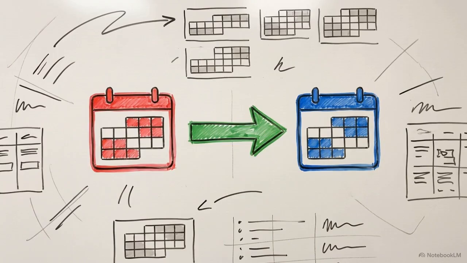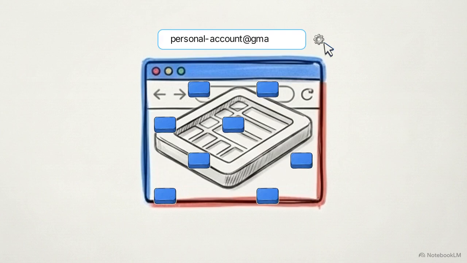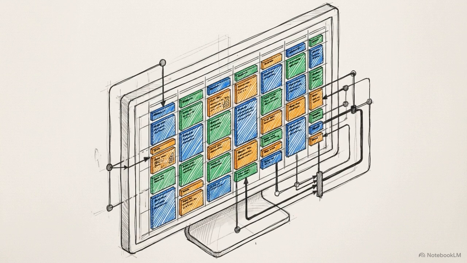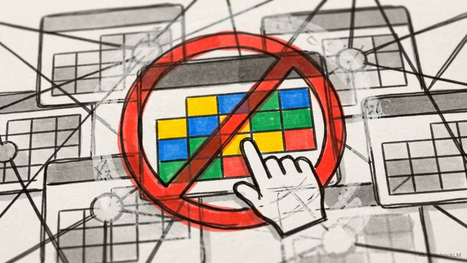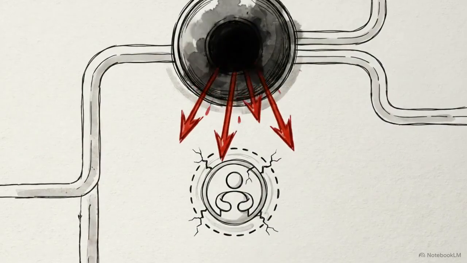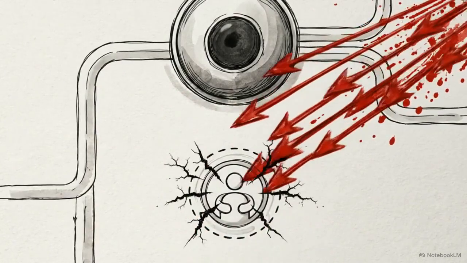For basic multi-account management, Google's built-in calendar sharing is the zero-cost starting point. To set this up, you open your primary account settings and manually subscribe to your secondary Gmail address to pull its data into your main view. The outcome is immediate. You get instant color-coded visibility of your personal or freelance events directly inside your primary workspace. But there is a major trade-off. Native sharing is strictly read-only. If a personal appointment shifts by an hour, you cannot edit it from your work login. Additionally, incorrect sharing permissions risk exposing the exact details of private medical appointments or side hustle meetings to your corporate